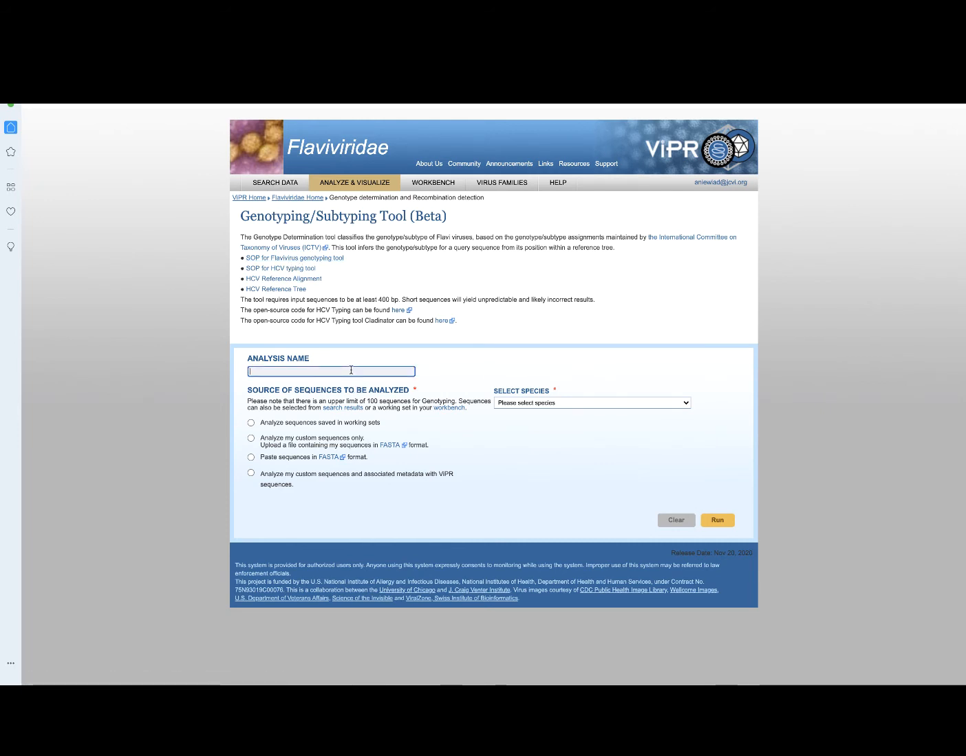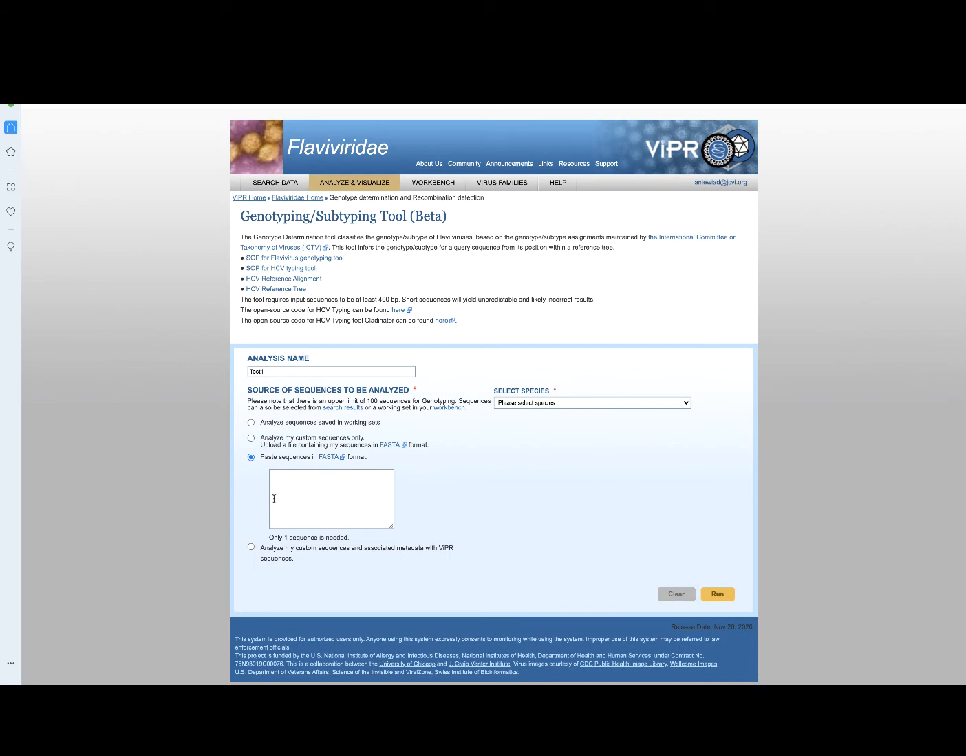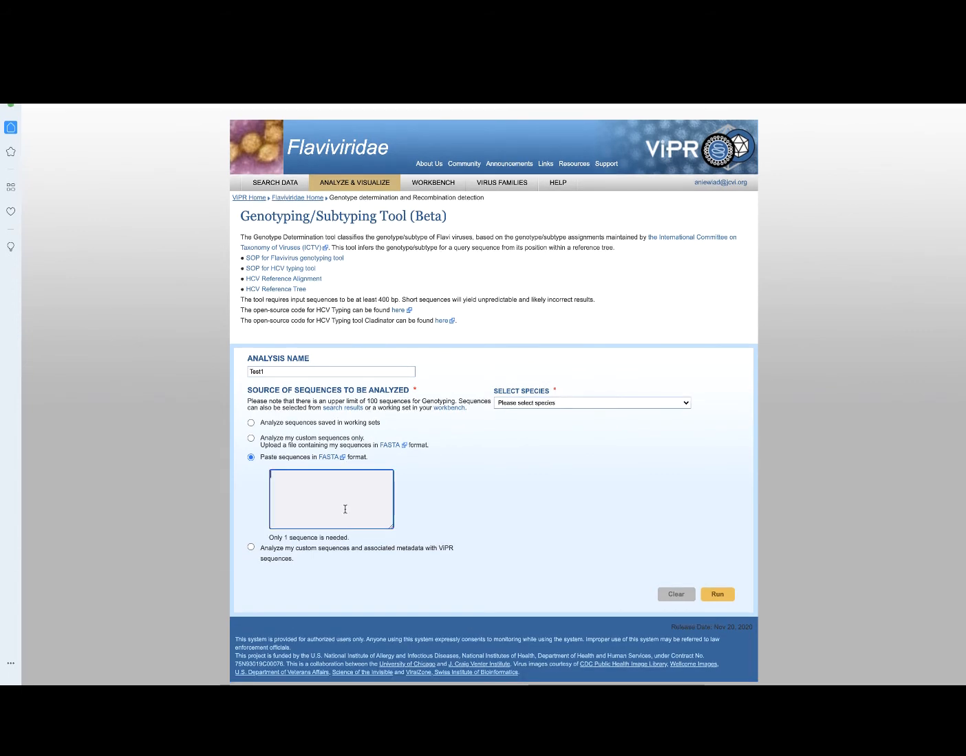So you can give your analysis a name over here, test 1, and there's a couple different ways that you can look at these sequences. You can either look at anything that you have saved in your own working sets by clicking on your workbench and choosing something from there. You can analyze custom sequences that you upload using your own FASTA file. Or if you just have something specific that you're interested in, you can just paste that in from your own data and sequencing project. So over here, I'm just going to paste in some sequences that I have for yellow